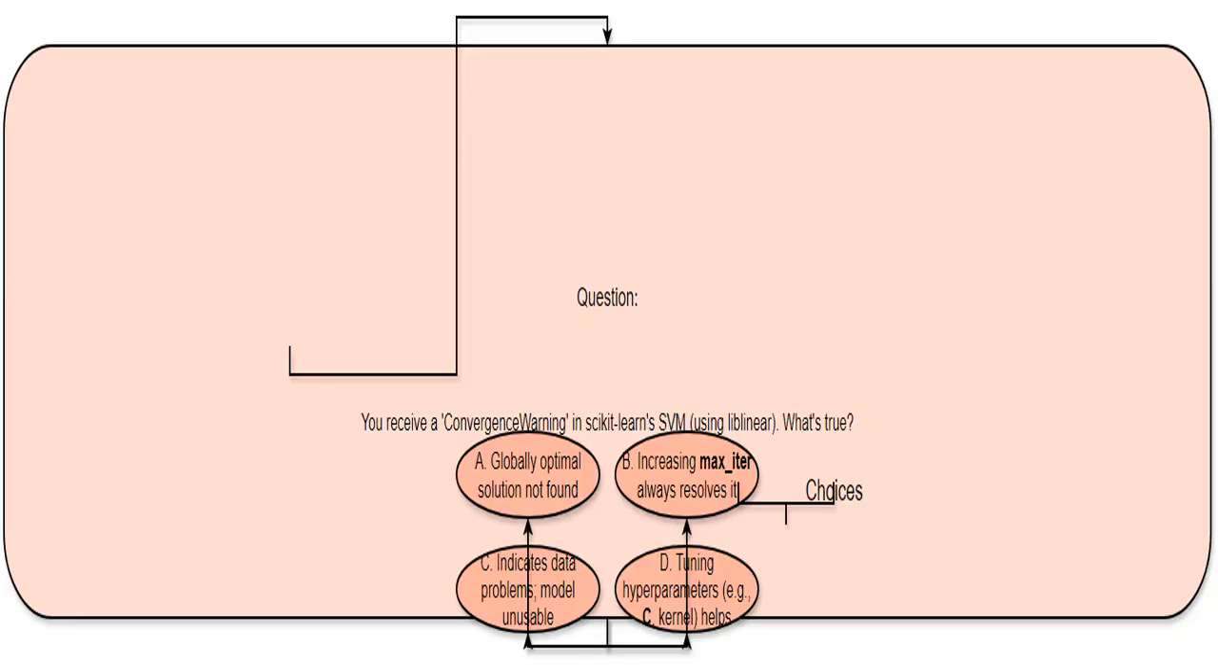I see that you're asking about increasing the max_iter parameter to fix the convergence warning. While increasing the maximum number of iterations often helps the algorithm find a better solution, it's not a guaranteed fix. The problem might be something else entirely, like a poorly chosen regularization parameter or a fundamentally unsuitable kernel. Think of it like this. Giving someone more time to complete a task doesn't always mean they'll succeed if they lack the right tools or